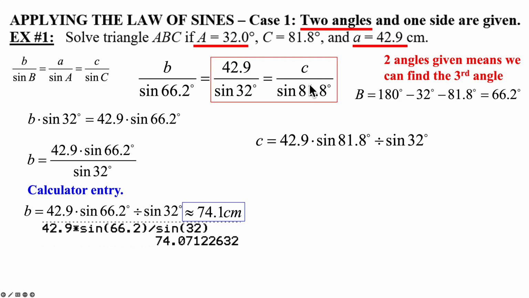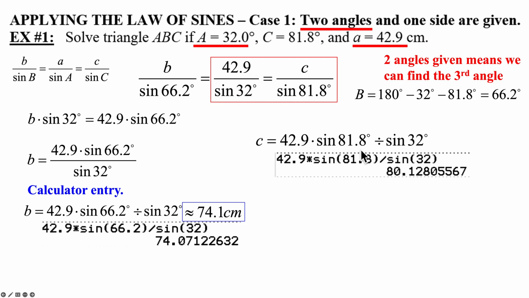Now you're going to see the method to my madness, so why I do this and how efficient it becomes. Build your calculator entry. Cross multiply the 2 you can. Divide by the third. Cross multiply the 2 values that are given. Divide by the third. There it is. There's my calculator entry. There's my answer. Now, talk about efficiency, folks. Holy cow. Look at your calculator entry. Look at the previous one. I didn't type this all in again. All I did is I